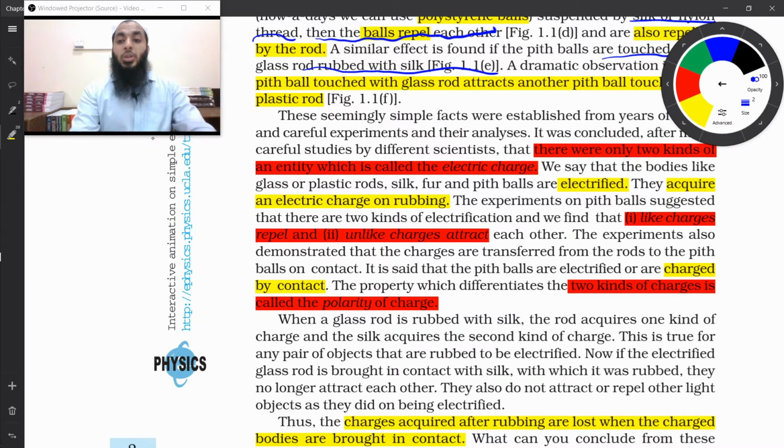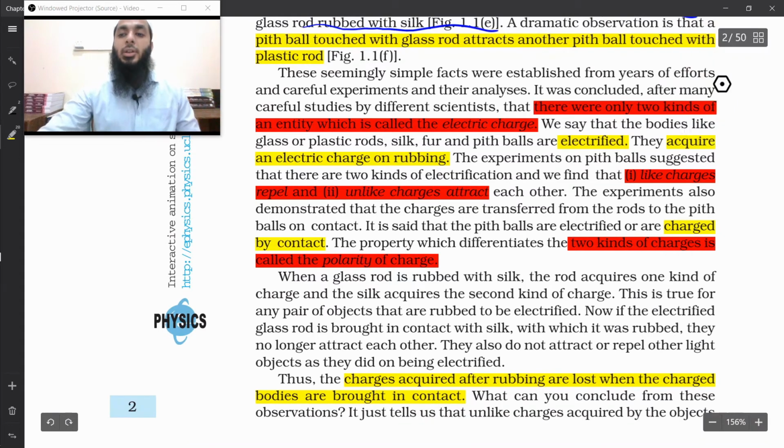The experiments on pith balls suggested that there are 2 kinds of electrification, and we find that like charges repel and unlike charges attract. These are important points. This is also called the fundamental law of electrostatics. Okay. The experiments also demonstrated that